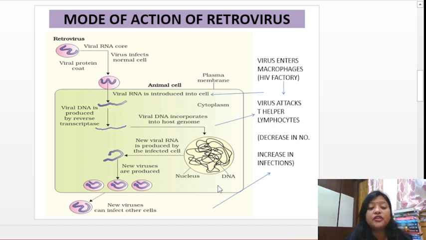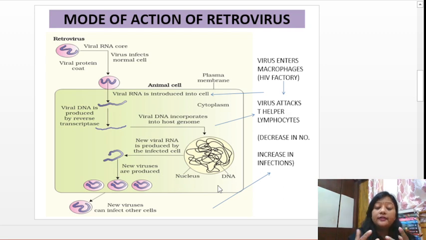Now, what is the mode of action of retrovirus? So how does this retrovirus infect the body? Suppose whenever this virus is entering our body, it's infecting the normal cell. What happens? From this capsid, from this protein coat, the RNA is entering the